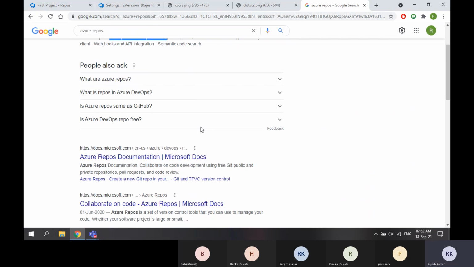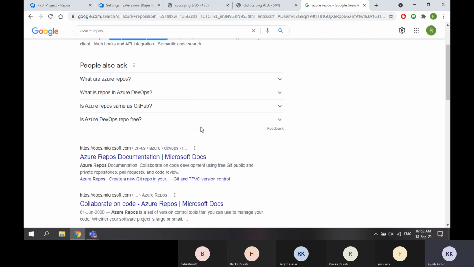Within the source code management functionality, you can use either Git or TFVC. Don't get confused between Git and GitHub. Both are different. Git is a version control system, and GitHub is a source code management system.